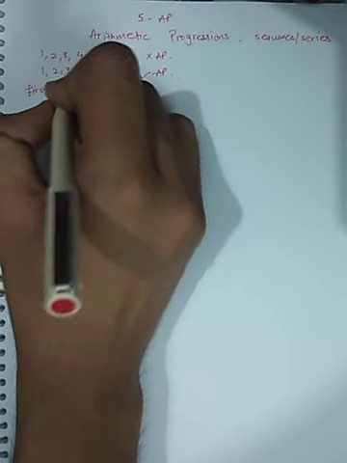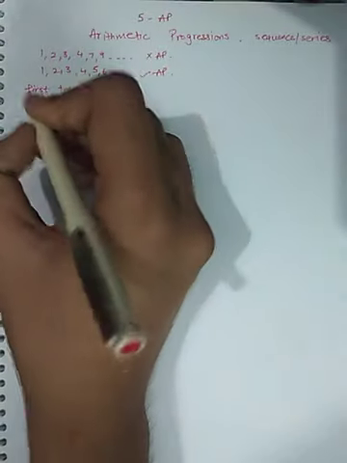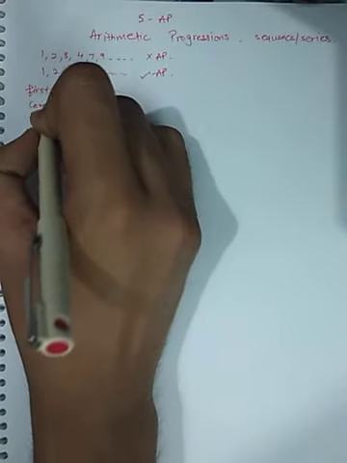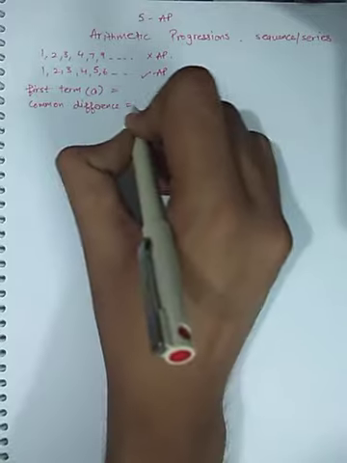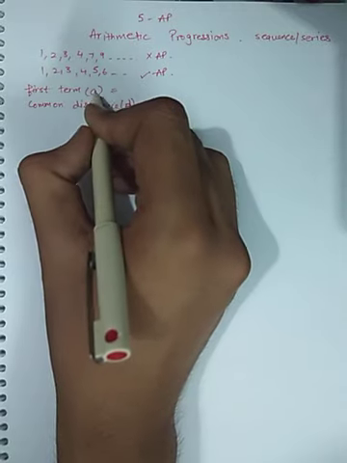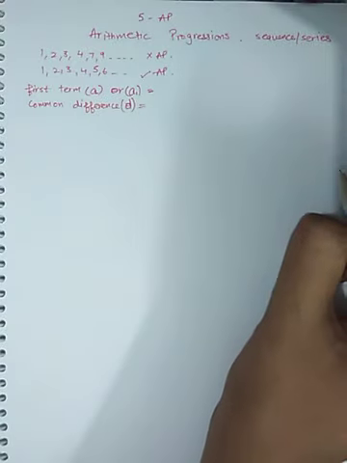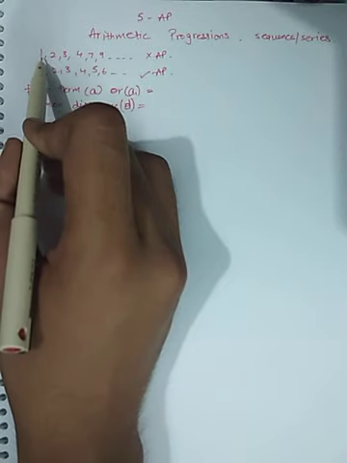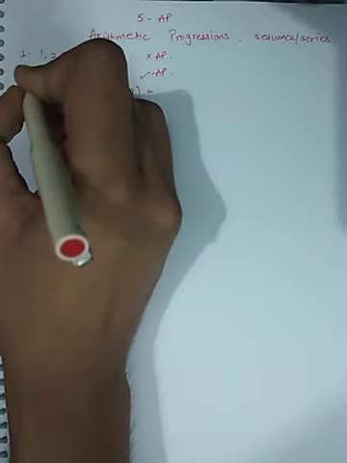Now you have to mark the terms. Firstly, the term that you should mark is the first term, and we denote it as A. Then there is the common difference, we denote it as D. We call the first term A or A1 as well. Don't get confused. A or A1 is always the first term. Common difference is D. Now this is A1, this is A2, this is A3, this is A4, A5, A6. This is our first series, this is our second.